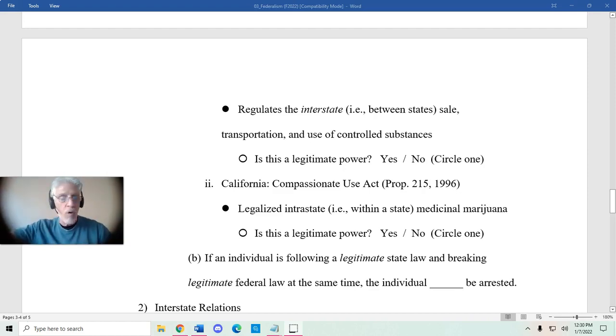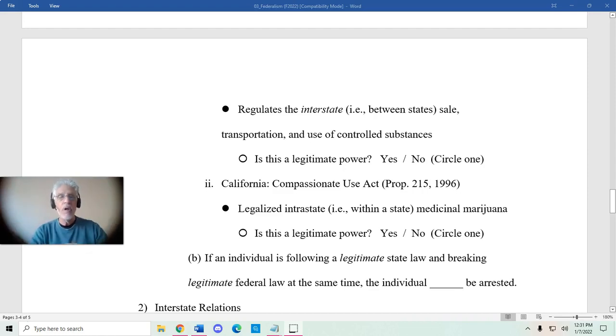Marijuana that went across state lines would not be legal because that becomes interstate commerce and that's federal. So the way the courts have interpreted the Commerce Clause, the way they've interpreted this notion that Congress has the authority to regulate interstate commerce has been